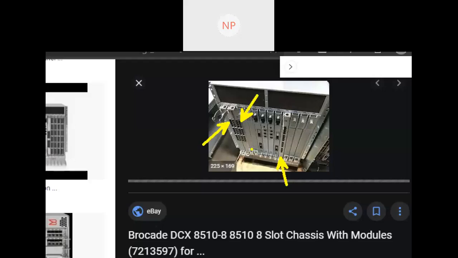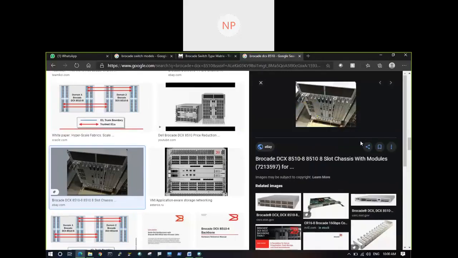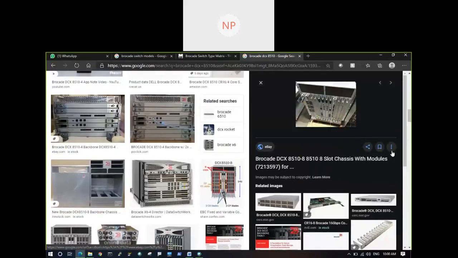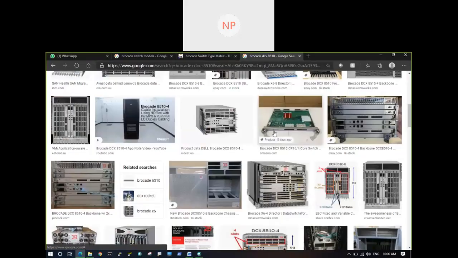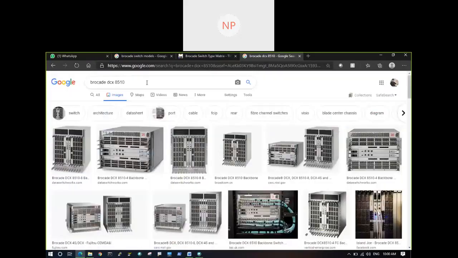But if you purchase department level switches, you won't get this. You can't do like this, because they don't have any chassis or blades. It is a single switch which contains everything in that. I think we can buy the blades, but we cannot buy the port groups. So the blade comes with a